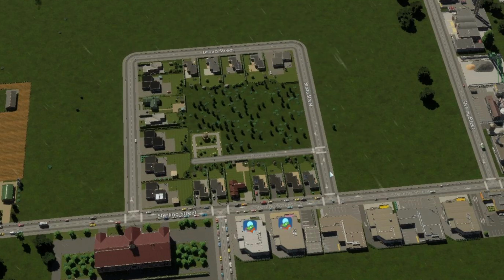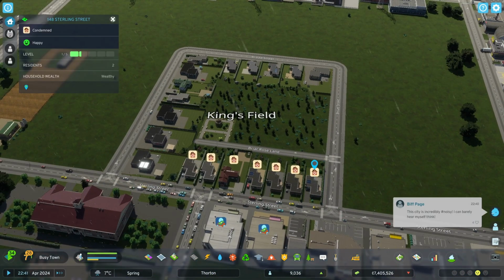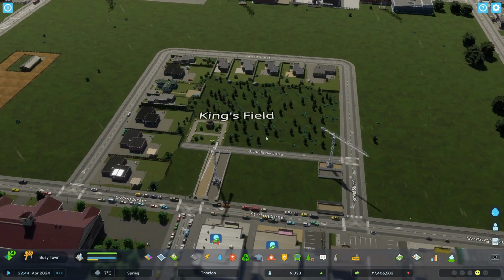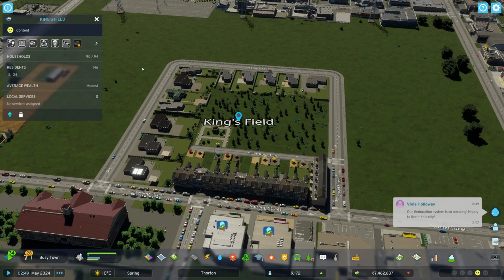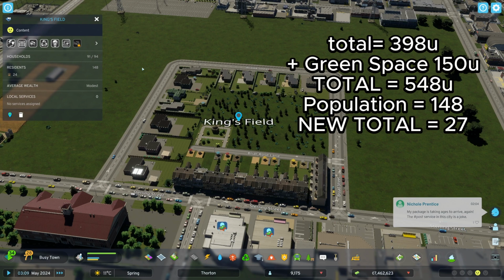This tells us that if we should have 150 inhabitants in 25 dwellings, this Cities Skylines area is grossly underpopulated and should have another 100 inhabitants for the amount of green and facilities that are provided. So what can we do? We can rezone the busy street side to a higher density to bring the score closer to the standard and maximize the facilities and green space that we have provided. This now gives Kingsfield a population of 148 inhabitants and a much better gross score of 27, which is within